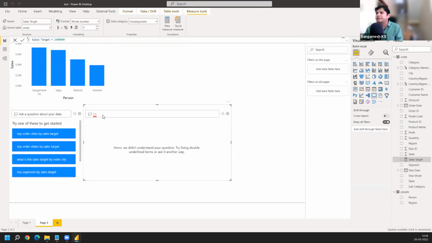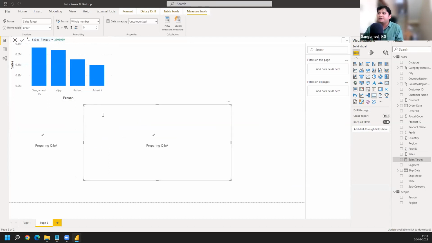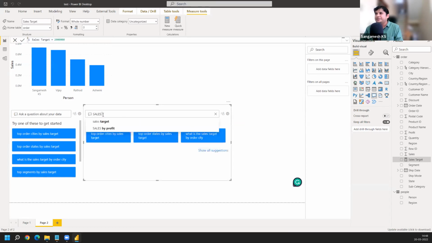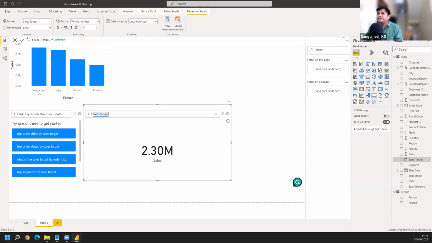So I will say sales, because there will be a rounding off which will actually happen. That's the reason. Okay, so I'm just going to say sales target. Yes, sales target. Hope you are able to get it. So if I'm going to make this as 5, see here, if I make this 5, I will get my sales target as 5 million. These kind of things can be done, but